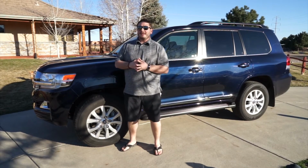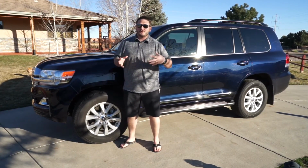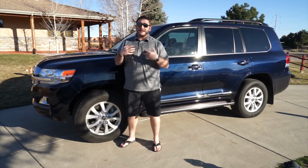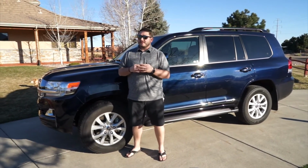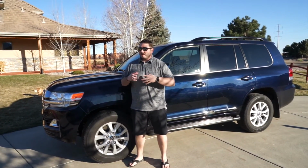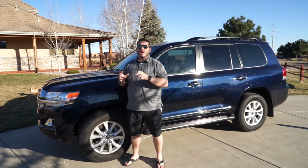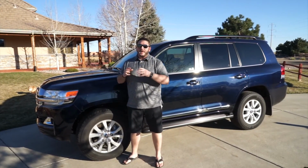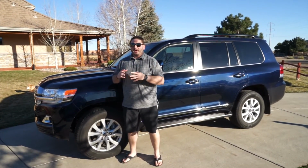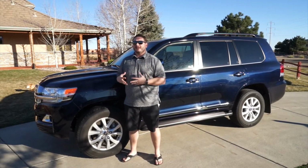All right, fans, we're here for the opinion portion of the 2016 Toyota Land Cruiser. We were just talking a second ago about what both my dad and myself think of this vehicle, and we're going to go through some pros real quick. What do we love about this vehicle? Love the features. I love the dual entertainment displays for the kids. I love the new 9-inch Entune system. The features in terms of the 4-zone climate controls, the heated second row seats, the heated and ventilated first row seats,